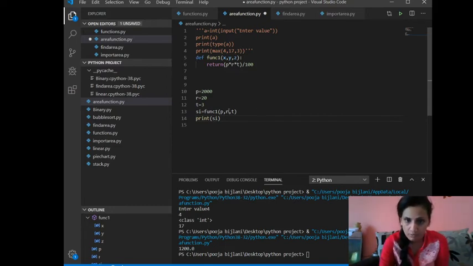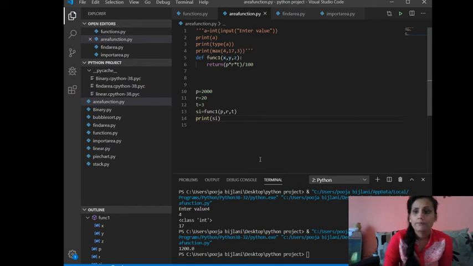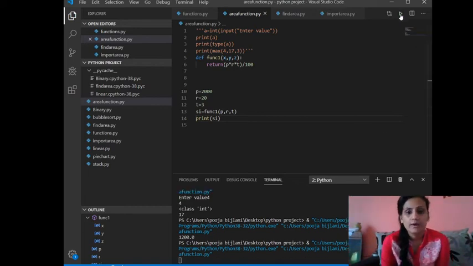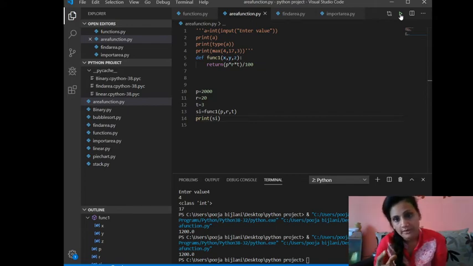Your answer will go again in the same place, that is the variable SI, and SI will be printed. Why is this happening here? It is happening because P, R and T here are arguments. These P, R and T pass their values up to the function definition, to x, y, z.